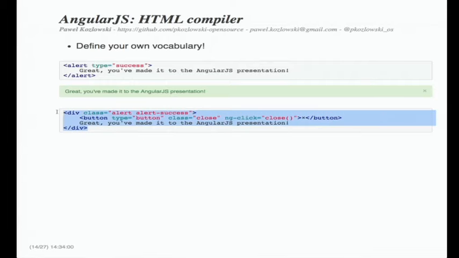So this is markup to create alerts with Twitter Bootstrap, right? This is the piece of code that we need to write to have this nicely looking alert. But as I was saying yesterday during the directives workshop, I never remember, or in fact, I don't want to remember all those things.